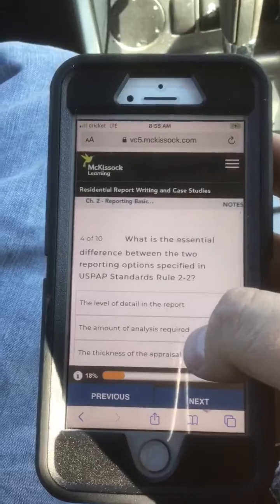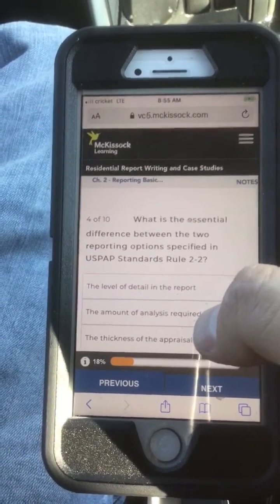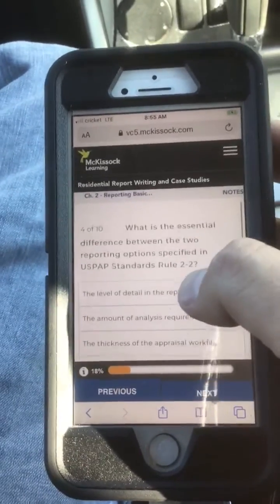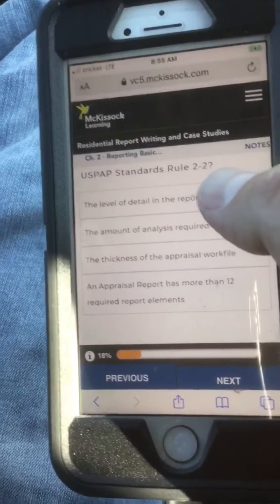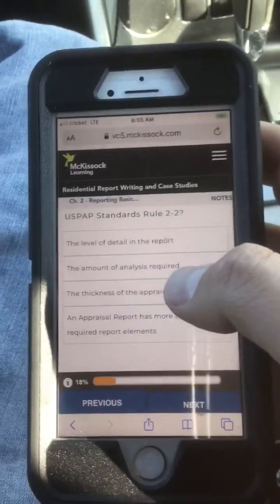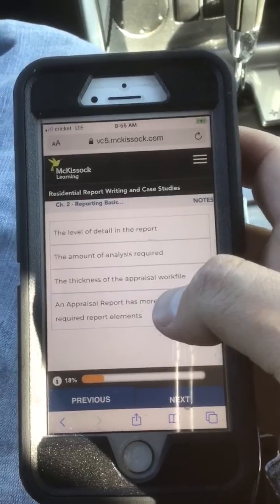Number 4, what is the essential difference between the two reporting options specified in USPAP Rule 2-2? A, the level of detail in the report. B, the amount of analysis required.